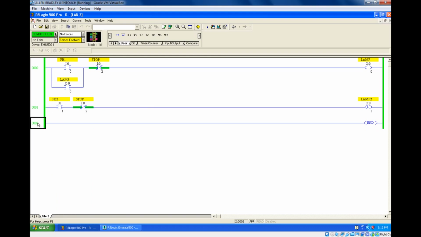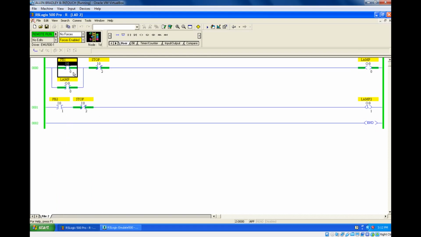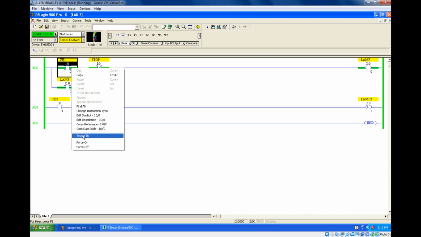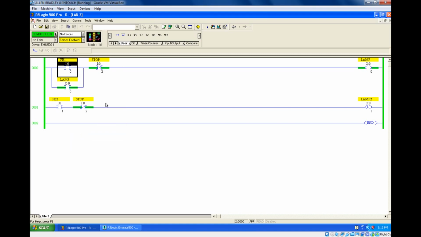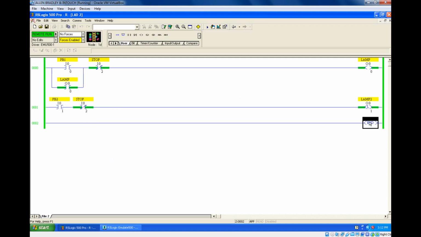Now see, if I turn on, the lamp is on. If I turn off, the lamp is off here, but the lamp is still on because this is a latching coil. I'll repeat the same thing here. Even if I turn off, this remains on. That we have already seen. Now this is the stop push button.